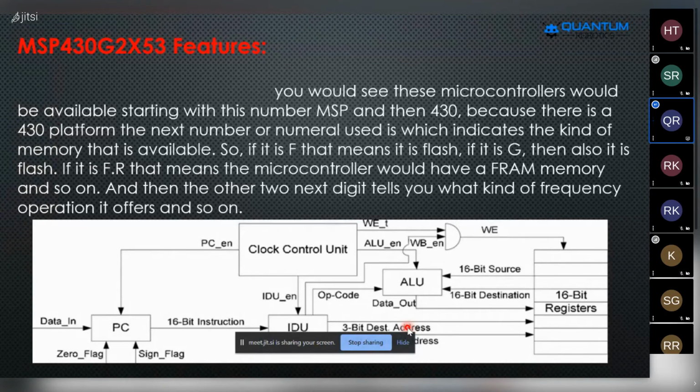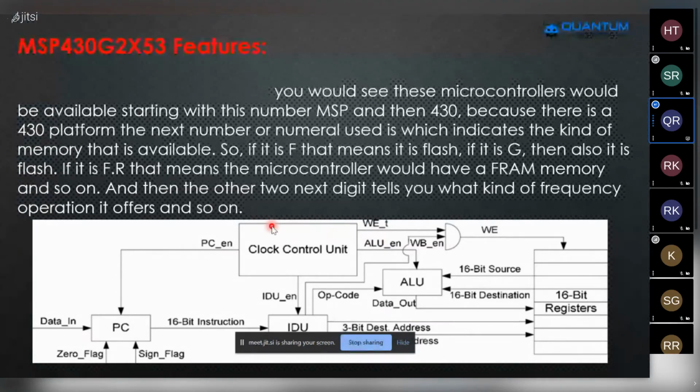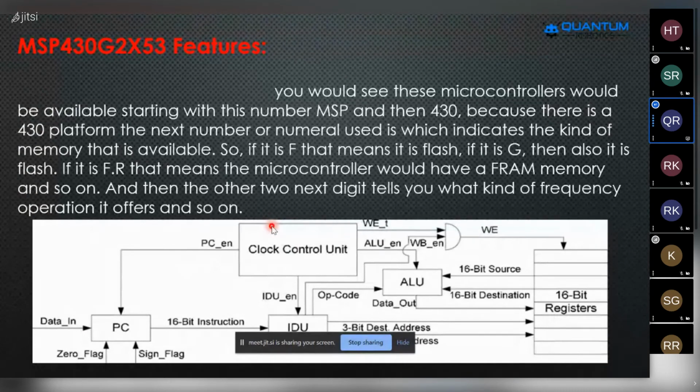And here you can see, guys, the clock control unit. The clock control unit is going to pass the particular data from the particular direction that PC enables, and the PC has got the access. Here we are using the zero flag and a single flag, and data in 16-bit instruction.